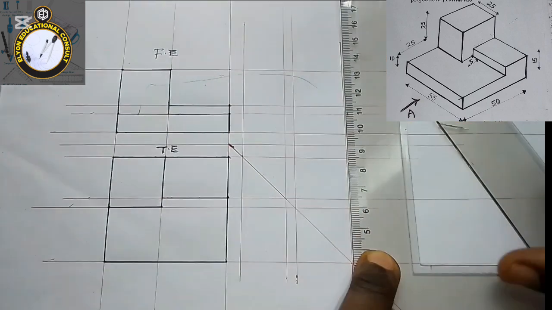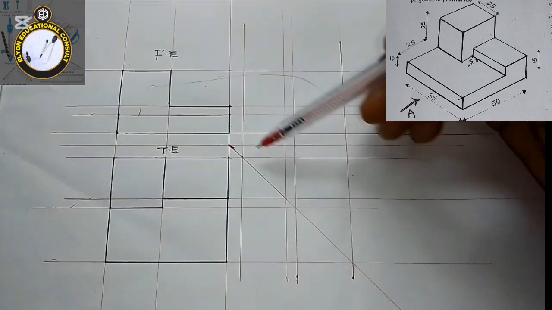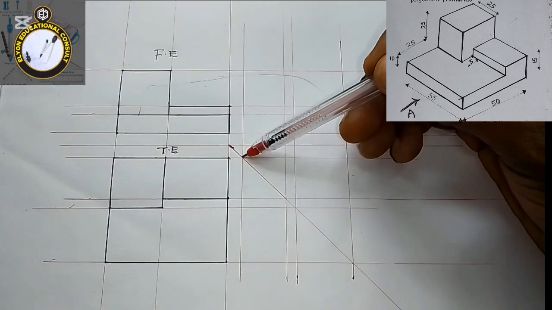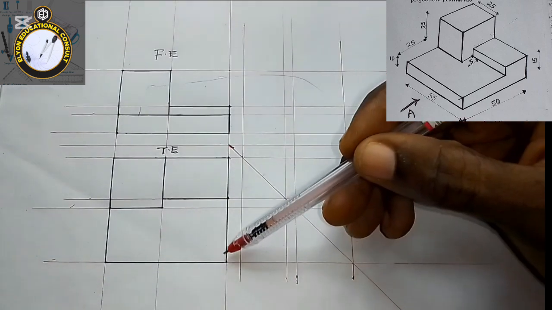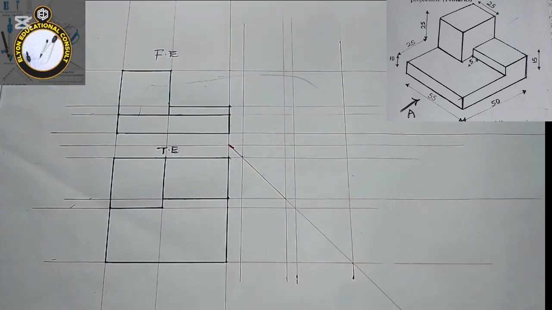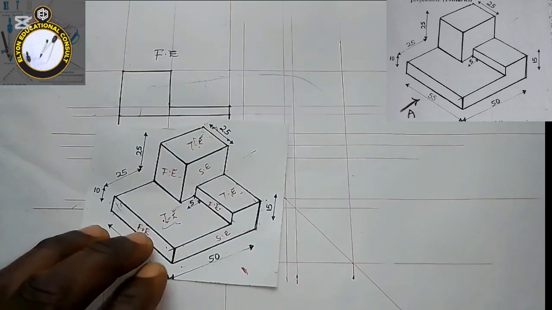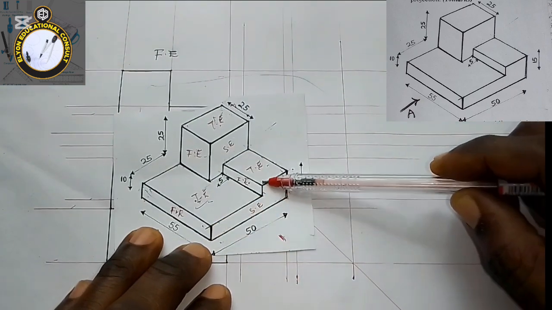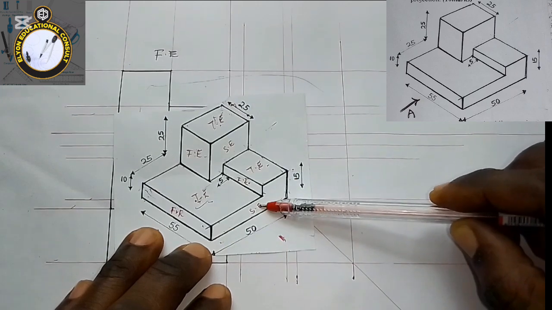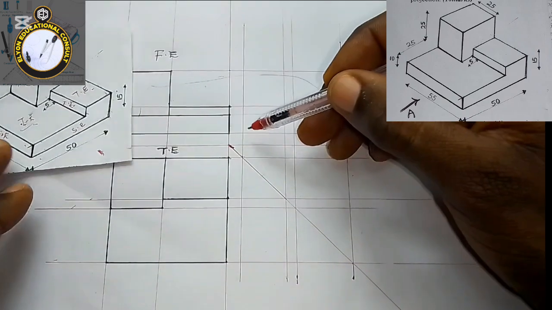You can see where they all intersect this inclined line at angle 45. The first one here, the second one here, the third one here, and the last one here. Now look at it. On this side we are going to be seeing something like this. We are seeing two sides, which is this. So what we are going to do now, this part, from here to here, we are going to